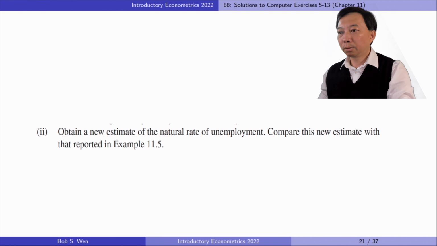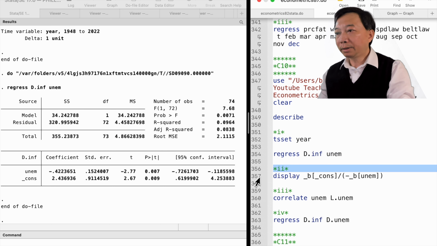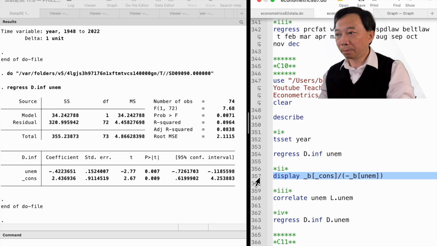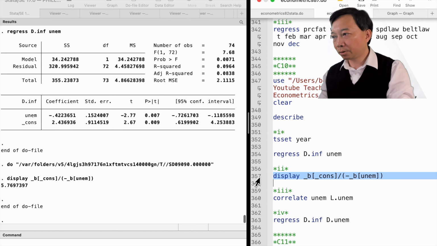In Part 2, obtain a new estimate of the natural rate of unemployment. Compare this new estimate with that reported in example 11.5. The natural rate equals beta 0 hat divided by minus beta 1 hat. It is 5.77, slightly higher than that in example 11.5,